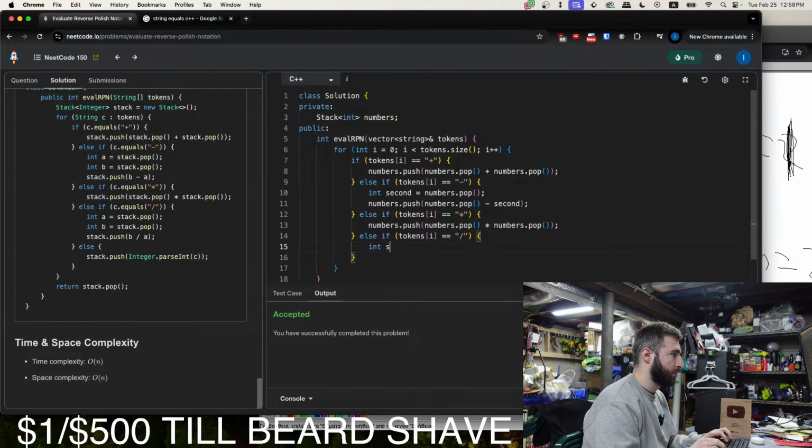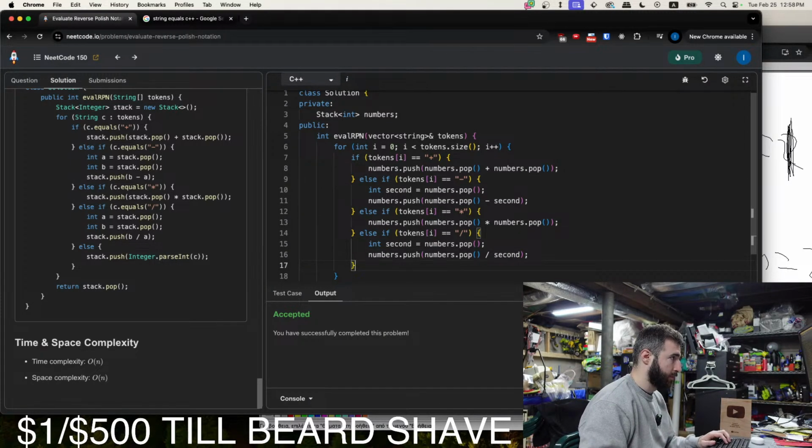So we need to pop out the element and keep it there. Then when we do the actual operation, we can pop numbers, get the second one, and then divide the first one by the second one. Awesome.